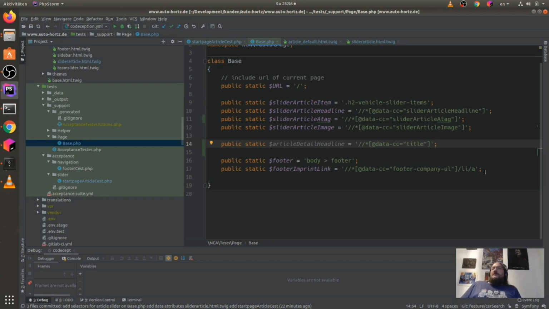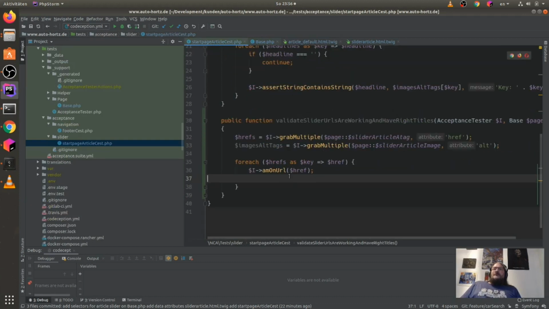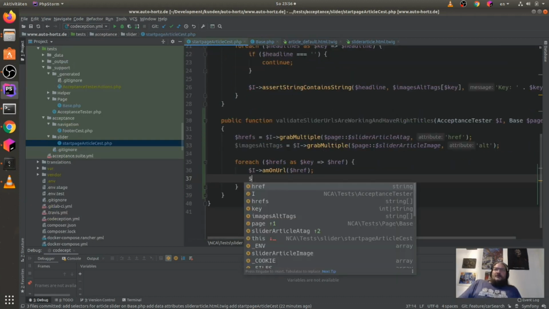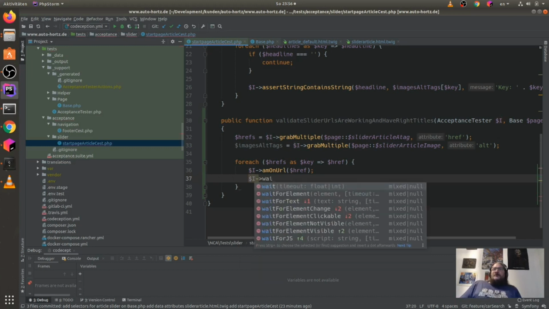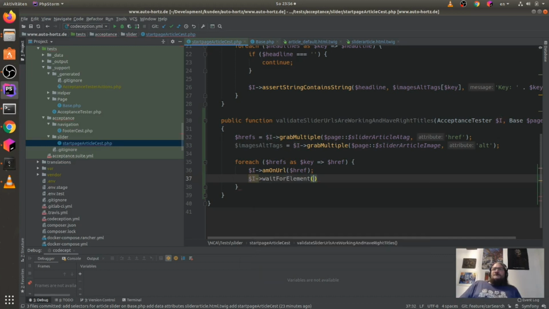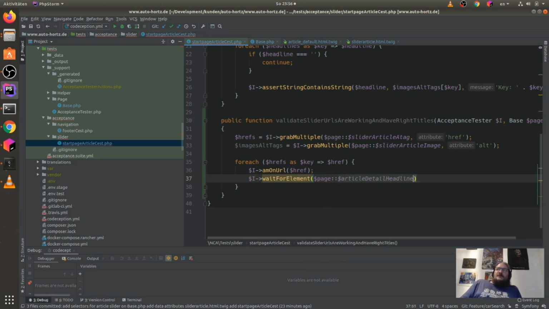So now we have this here. And we go to our test and say, okay, $I wait for element for our $page double point detail headline and an O.